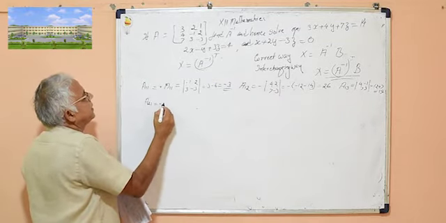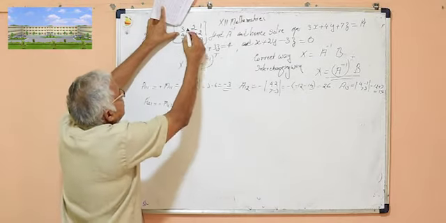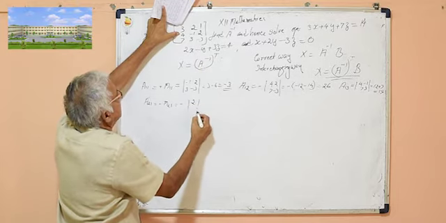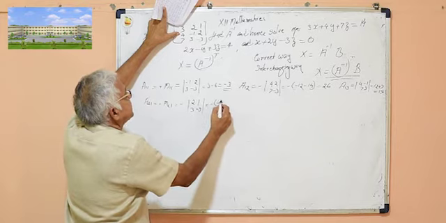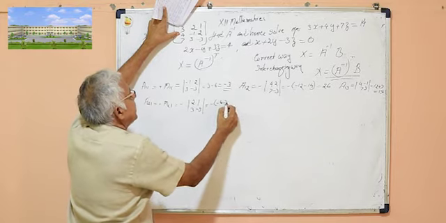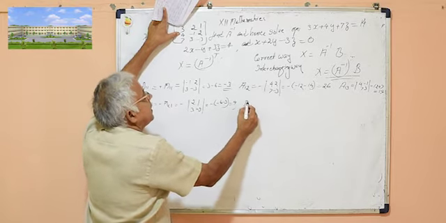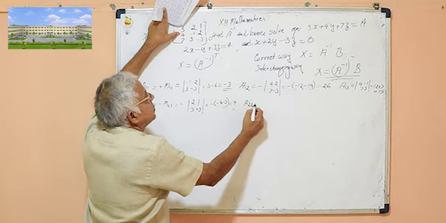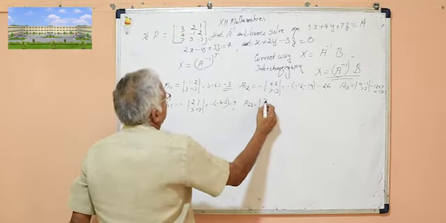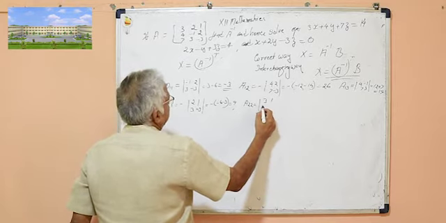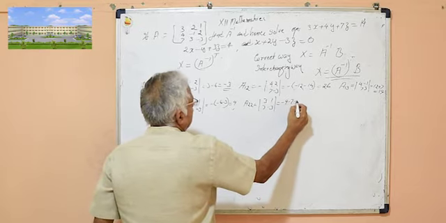A21 is equal to negative into M21. Negative, delete the row and column containing the second row and first column, 3 minus 3, which is equal to minus of minus 6 minus 3, is equal to minus minus 9, that is plus 9. A22 positive. Delete the second row and the third column, positive 3 1 and 7 minus 3. Answer is minus 9 minus 7, minus 16.